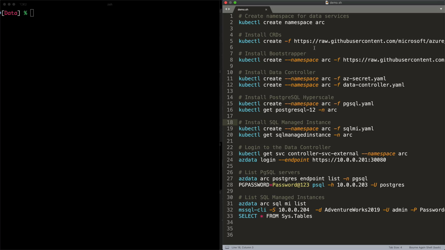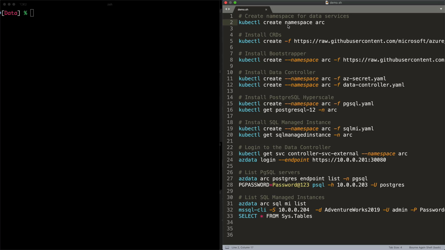All right. So in this demo, I'll walk you through the steps involved in deploying Azure Arc-enabled data services in one of the Kubernetes clusters. And in this case, it's going to be our bare metal cluster. Since it's a slightly long-winded process, I'm going to walk you through the steps, but this is not installing everything in the demo. I have pre-configured this cluster just to make sure we save time.